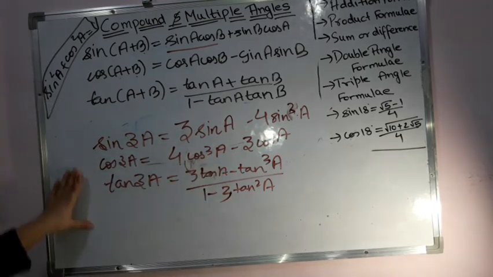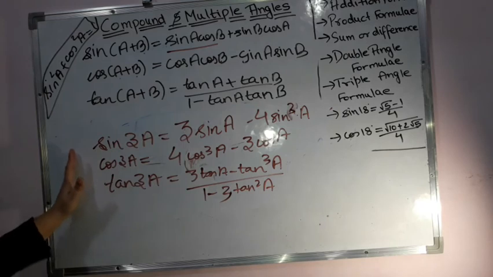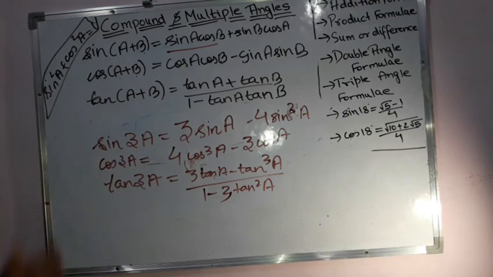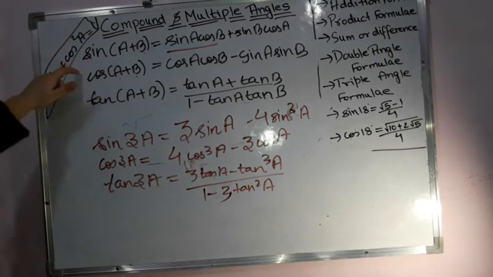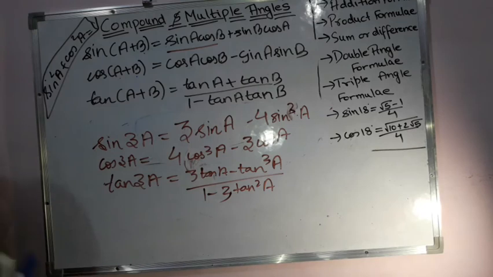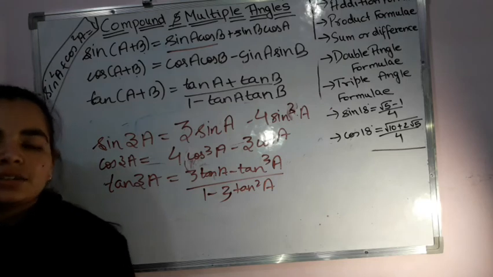So these 3 formulas are there which you can learn, and then you are done with this chapter. Triple angle formulas, these you have to learn. These are the 6 basic formulas that you need to learn, and based on them only you can solve your questions. If you have questions related to reciprocals, suppose cosec theta is given, then change this into 1 upon sine and solve it by sine.